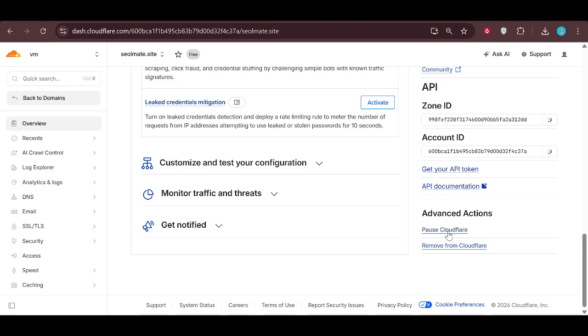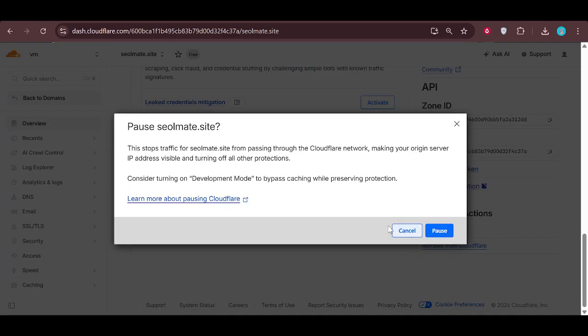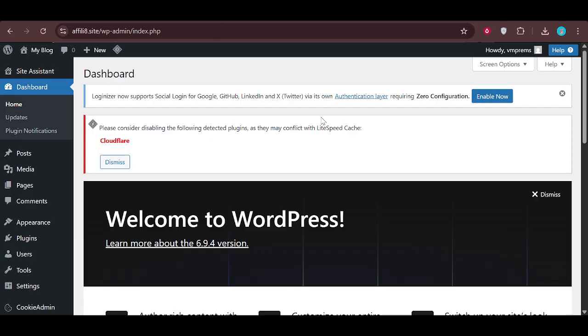Read the message carefully so you understand that this doesn't delete your domain from Cloudflare, it just pauses its protection and performance features. When you're ready, confirm the choice. Once confirmed, Cloudflare is effectively disabled for that domain from the Cloudflare side, and your visitors will be connecting directly to your hosting server. Next, let's clean things up inside WordPress by removing the Cloudflare plugin if you have it